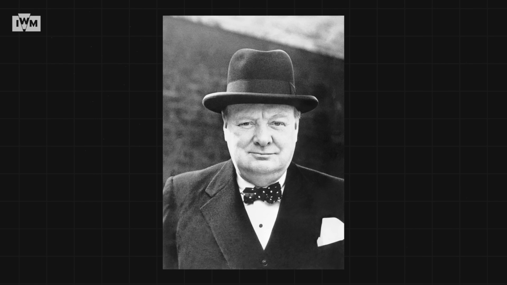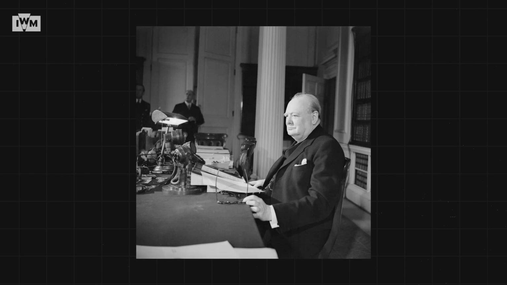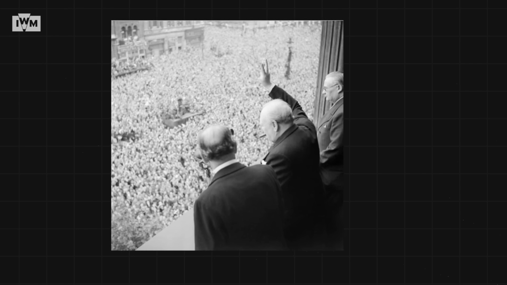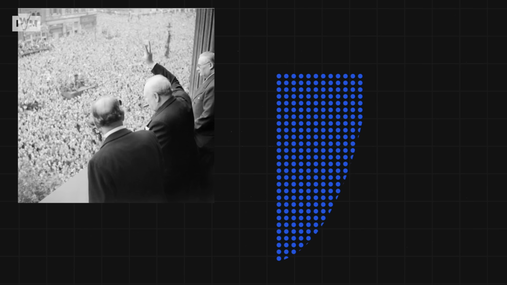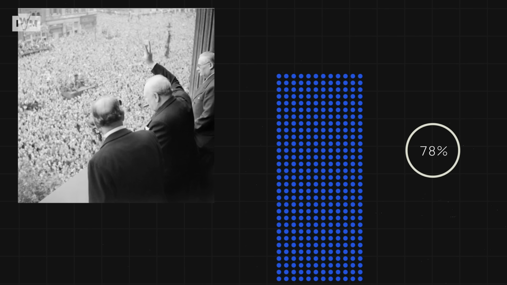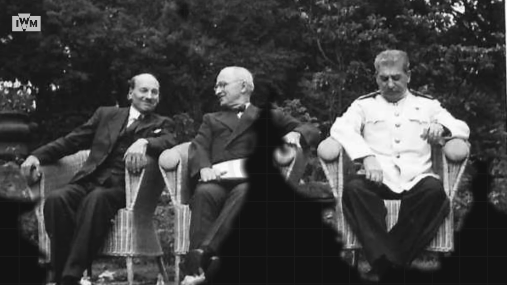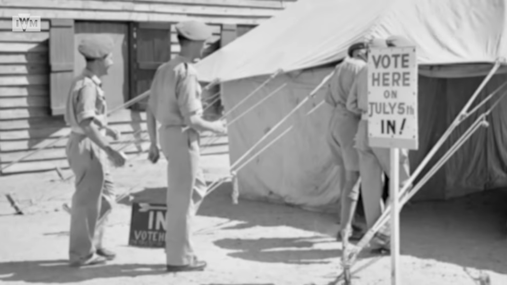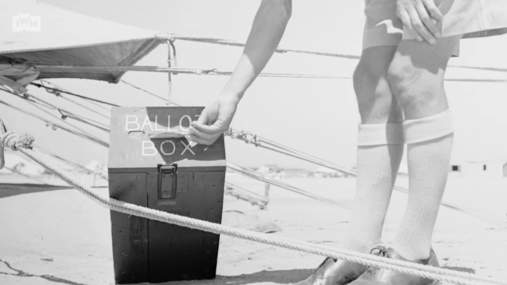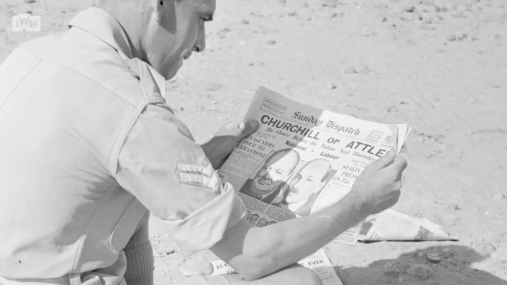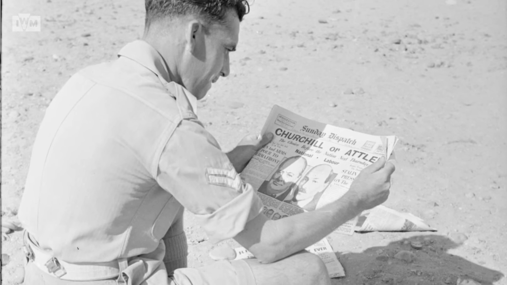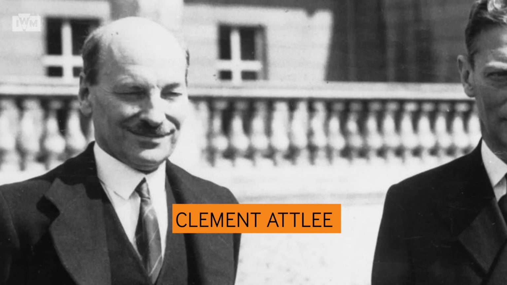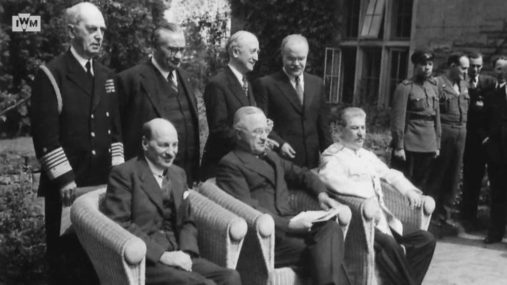Churchill had led Britain through its darkest hour in 1940 all the way to victory over Nazi Germany. He was a very popular leader, whose approval rating never dropped below 78%. Yet, just a few days later, someone else was sitting in his chair. On the 26th of July, Churchill learned that his Conservative Party had suffered a crushing general election defeat to the Labour Party. Now Britain's new Prime Minister, Clement Attlee, took Churchill's place at the Potsdam Conference table.